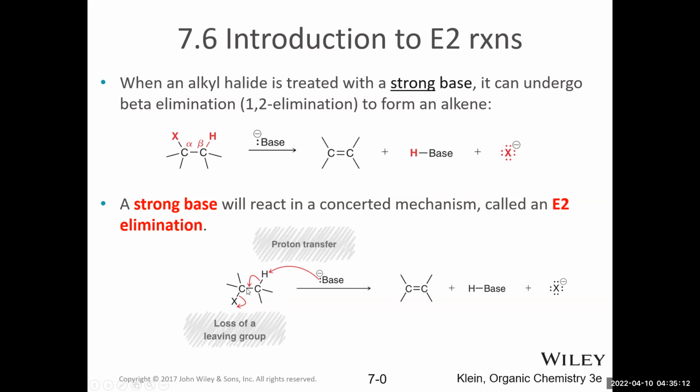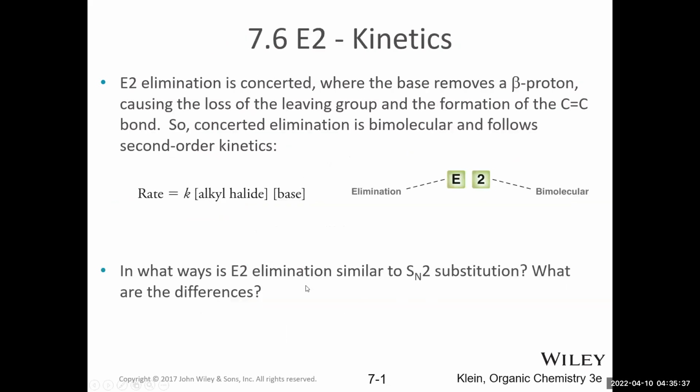The formation of the pi bond actually doesn't have a name for that particular part of the mechanism. Notice again that the product is an alkene. We'll get the conjugate acid of the base used, and the leaving group will typically remain as a salt, and the counter ion for that will be whatever was the counter ion for the base.